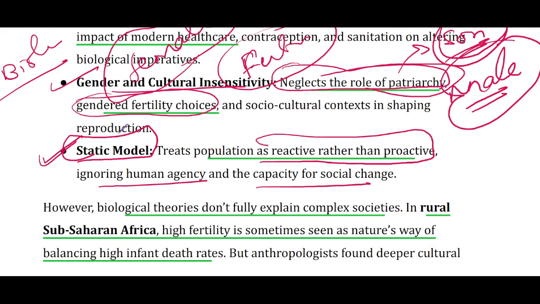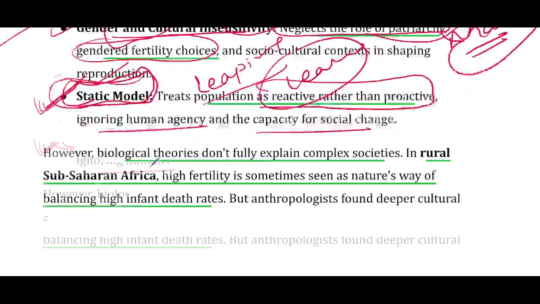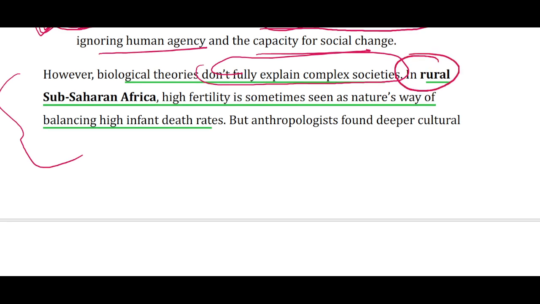Human society, as a species, keeps learning its lessons from one disaster to another. So our species is a dynamic one, whereas the biological theory is a static one. Then these theories don't fully explain complex societies. Here in rural sub-Saharan Africa, high fertility is sometimes seen as a natural way of balancing high infant death rate,